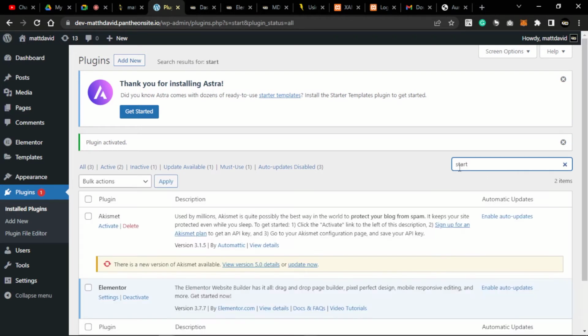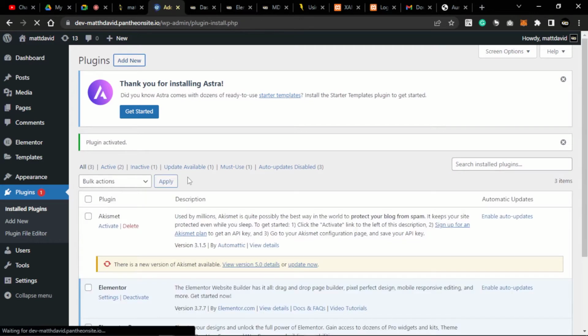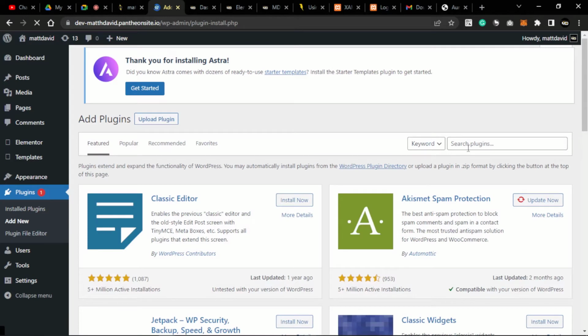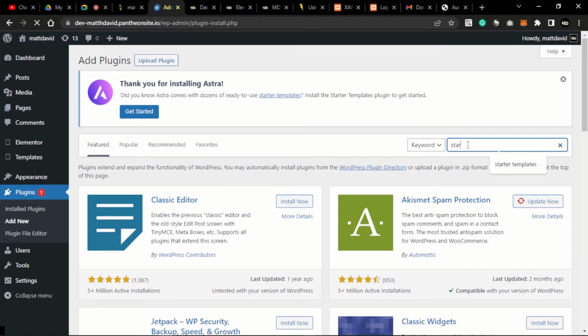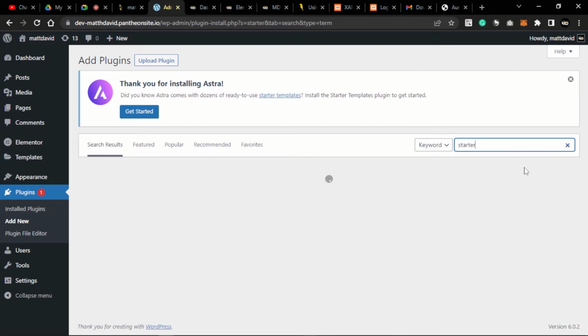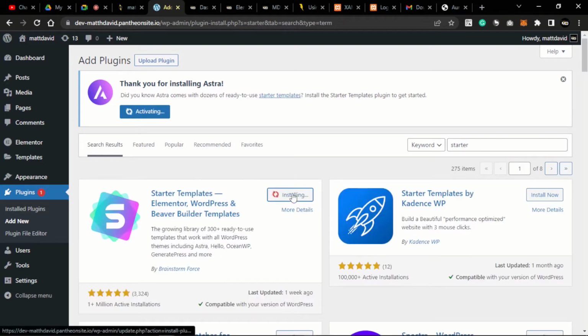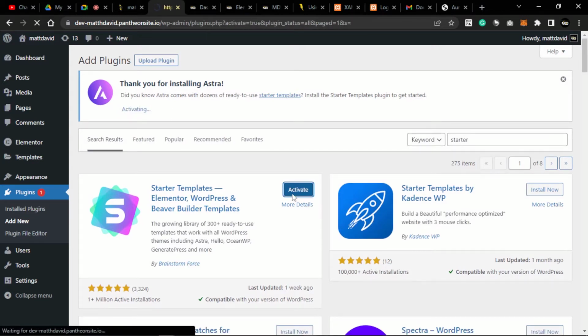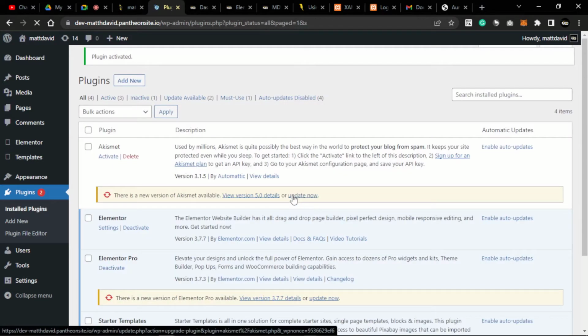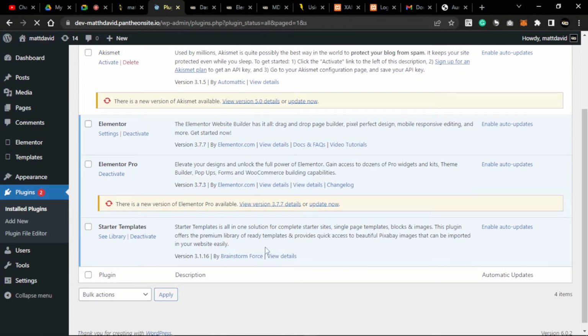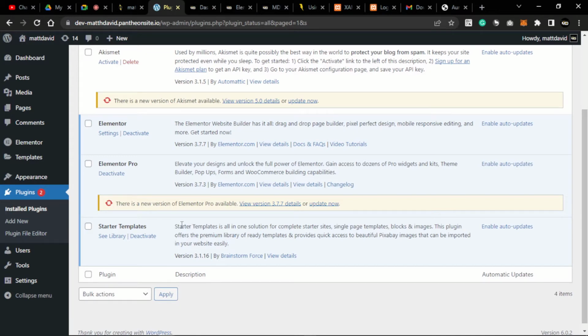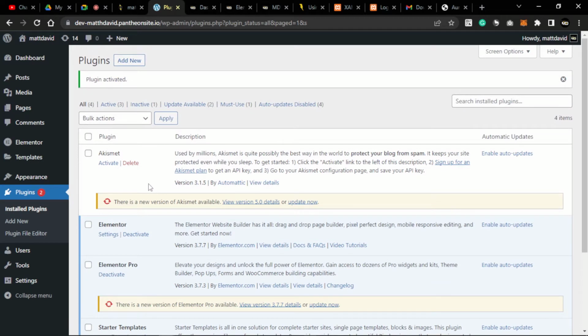For us to get that template, sorry, I should go to admin, then search for the starter template. The starter template, so I will install. So I'm just doing all this to refresh our memory on what we have done in the past. So this is the starter template. So from here we go